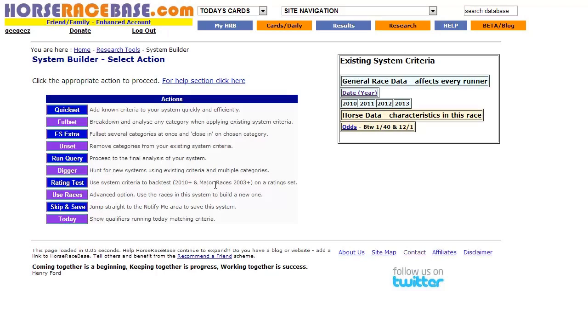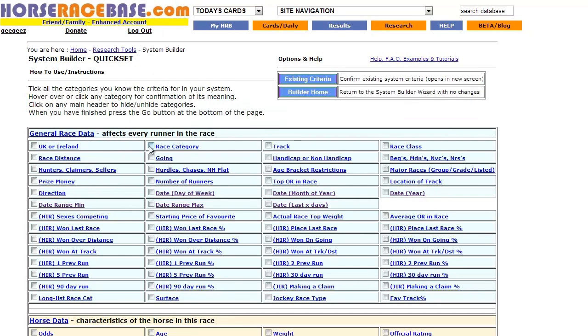Well, I do have a specific trainer in mind for this, because I've plundered this path many times to successful effect myself in recent years. So I kind of know where I'm going with this one. I'm just going to add in some criteria. I'm going to look at flat turf races over a race distance of a mile and a half or more, handicaps actually over a mile and a half or more,